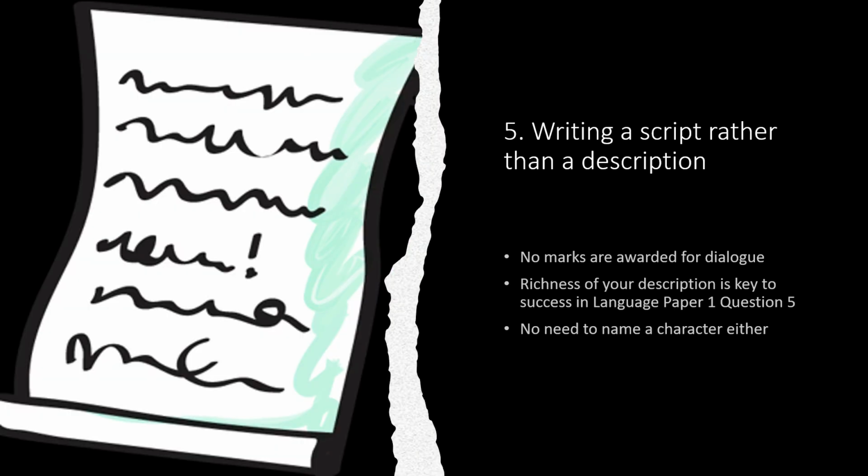And last up, we don't want a script, we want a description. It's so much harder with a script to weave in the descriptive form, and there are no marks awarded for dialogue. In fact, it's not an expectation at all. You'll notice that when it said parentheses or brackets earlier in the last slide, they accept brackets as fine. The ideal thing is that you don't have a character name through your writing. It forces you to distance them as a name, and instead you're focusing more on what you're seeing and experiencing of them. So concentrate on the description of things like show don't tell, of how you bring the scene to life,